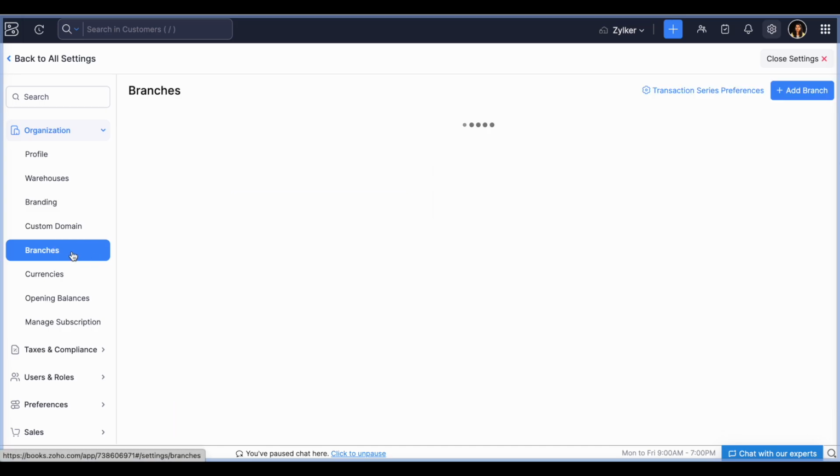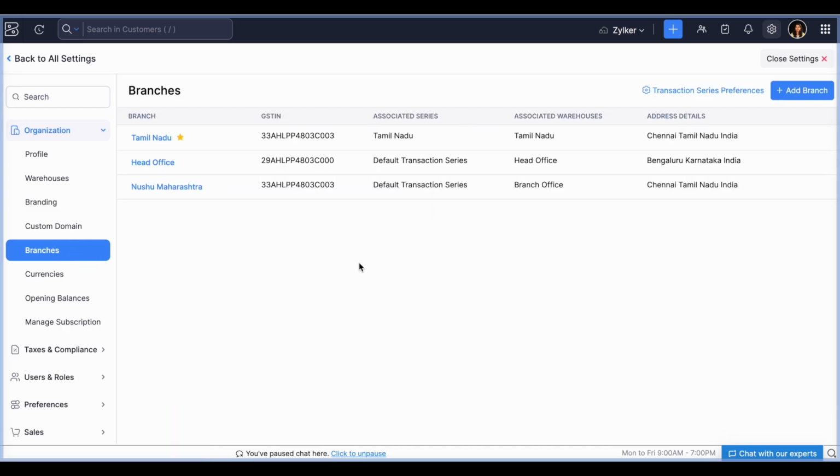Also, you are aware of this branches option which is available for GST registered organization users. Suppose you are an unregistered business organization user or you are registered in GST in composition scheme, now you can also enable branches option. This is now an early access feature. Users who come under this criteria can reach out to us in order to enable this feature.